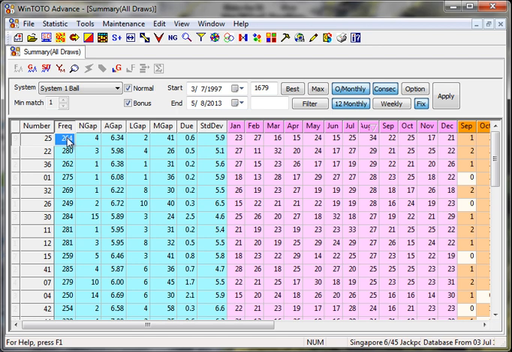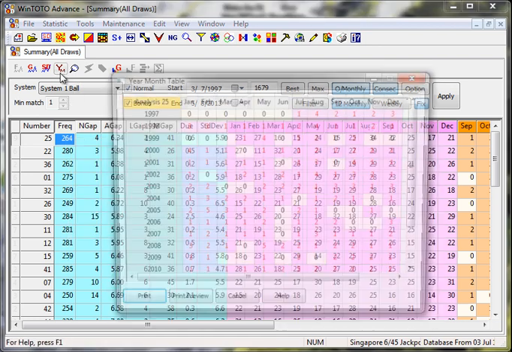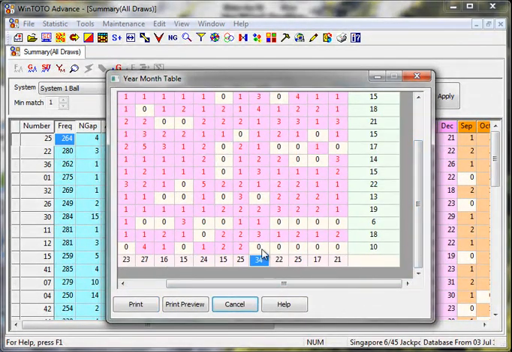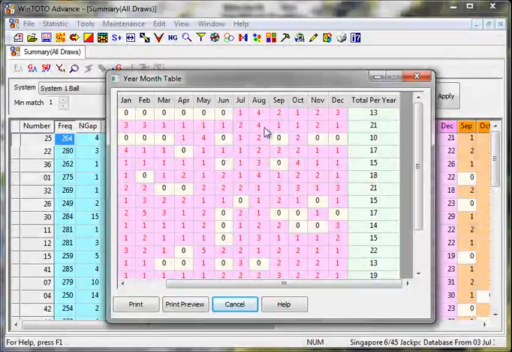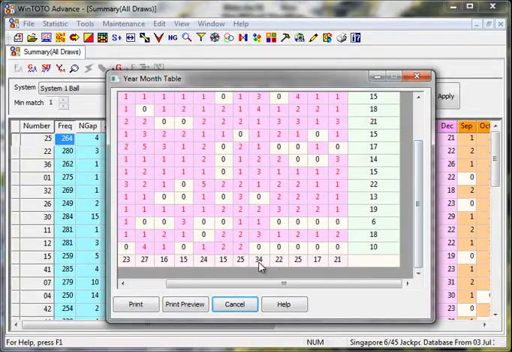August 1997, this number has been appearing in the month of August for the past total hit 34 times,